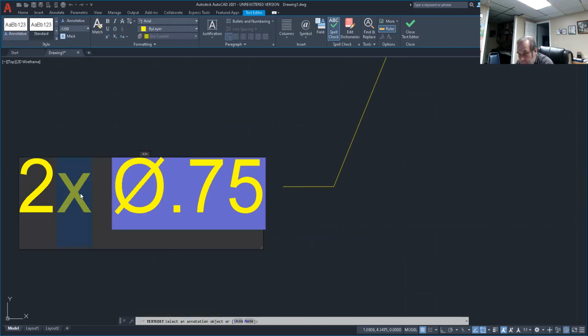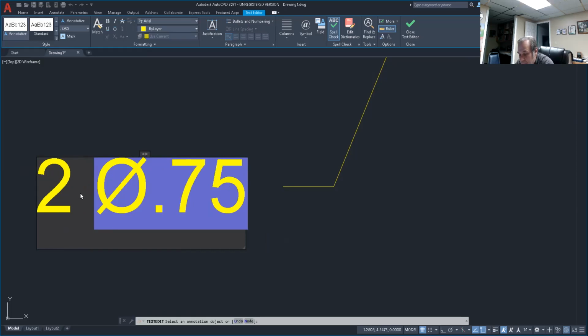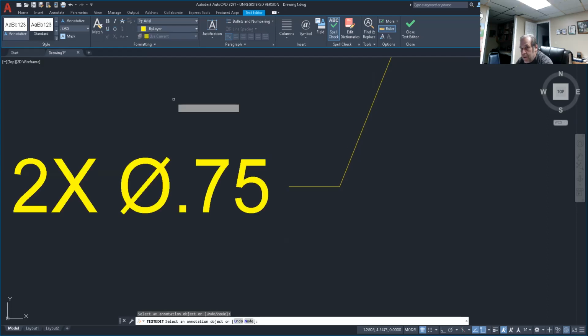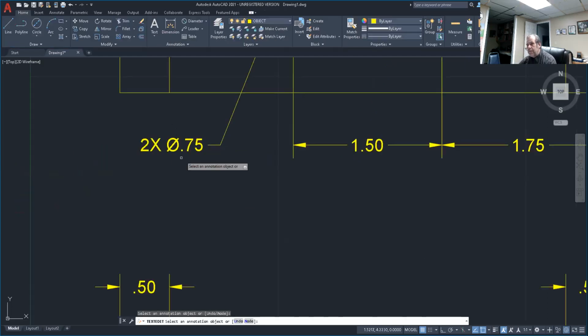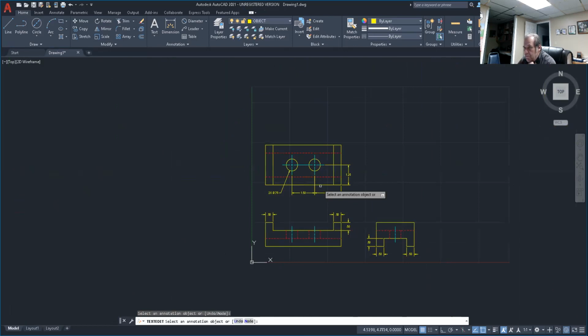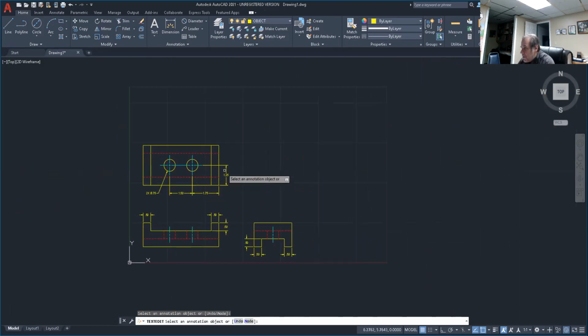Let's see, Shift X. Caps lock, Shift X. There we go. Okay, so I have 2 times diameter, 0.75. All your text should be uppercase, no lowercase. Okay, so I dimensioned my features in the view that shows the feature true size and shape and how we